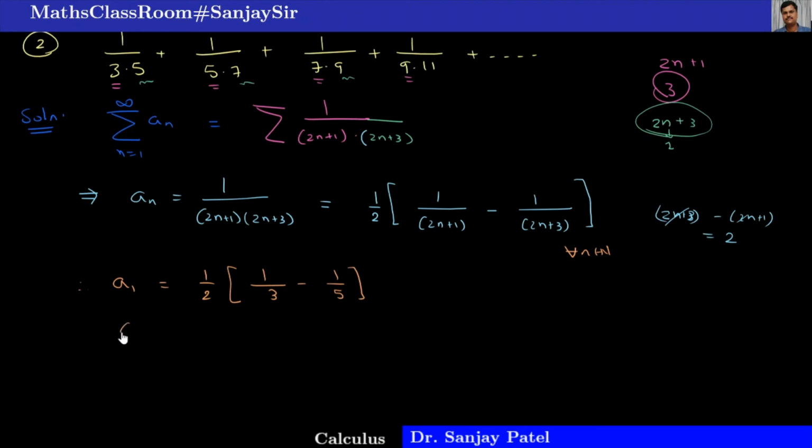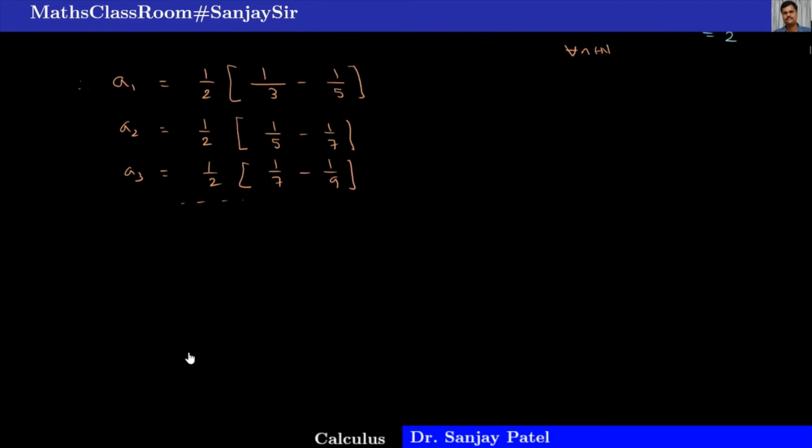And plus, then a2, the next term, is 1 upon 2 into 1 upon 5 minus 1 upon 7. Again, putting n equal to 2 here, you will get 2 into 2 plus 1, 5, and here 4 plus 3, that is 7. A3 you can understand and write directly without looking at that formula, by the symmetry or using this pattern. And if you continue like this, we want to find a1 plus a2 plus a3 up to an. So the last term an I will write directly as we have written above. That is 1 upon 2, 1 upon 2n plus 1 minus